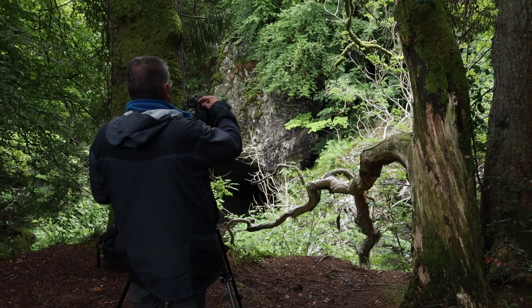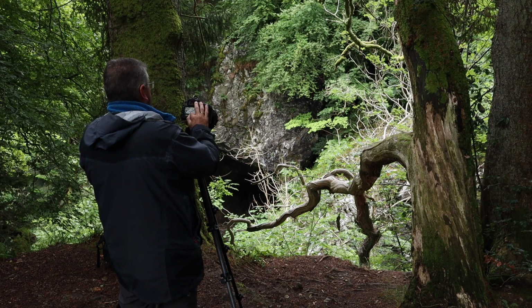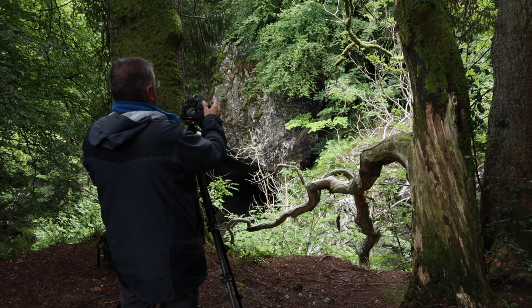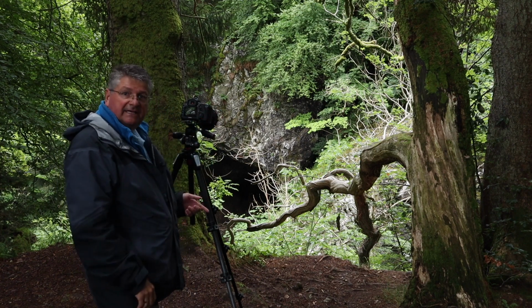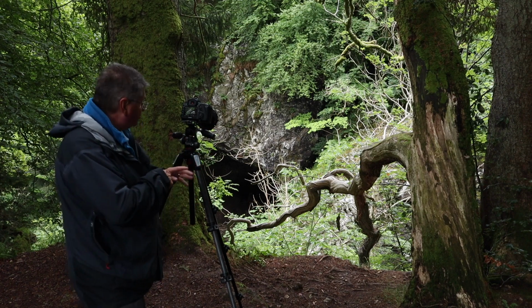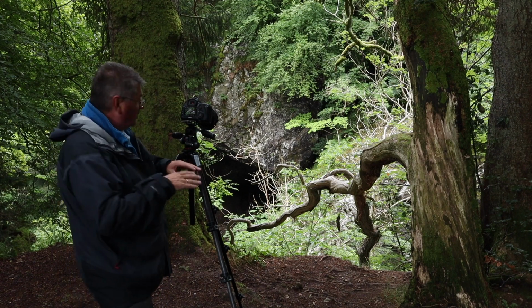So I've found the tree that I was looking for that I saw earlier. So now what I'm just doing is I'm just updating the settings. It's quite dark in here, so the only thing is I don't want to over brighten it either because I don't want any highlights. So I've set the exposure back to 1/8 of a second because there's still running water coming underneath the branch, because I'm at the top of the waterfall, and where I am, I'm quite elevated because